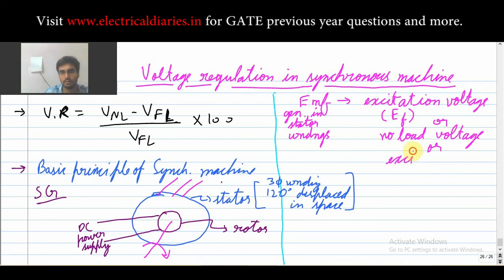Excitation EMF. Okay, so these terms are very important. Now if I start drawing the circuit, I know one thing, that I have something that is EF, that is the excitation EMF. Now let us say you connect, see there is a winding, so the winding will have its own resistance, very negligible resistance, but it will have some resistance, and it will also have some reactance.